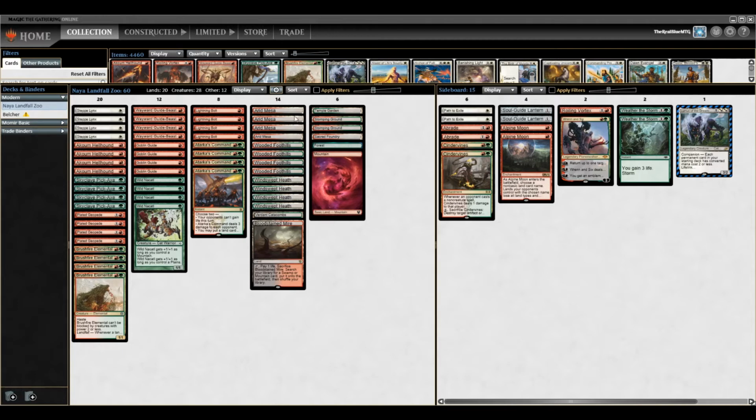But the hope is we play a fetch land on 1, go fetch, play a creature. Turn 2, we play another creature, fetch, go get a thing, and then turn 3, we do the same thing and our opponent's dead. So the hope is that our opponent is dead before that happens, where we run out